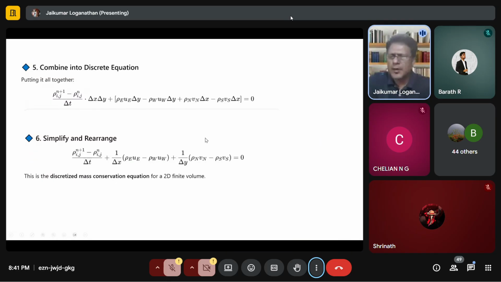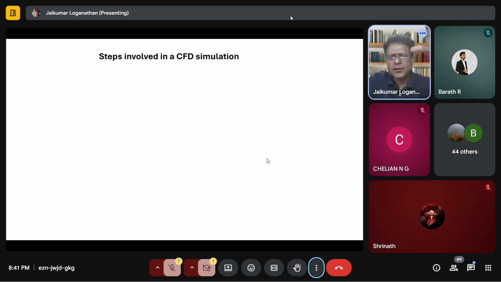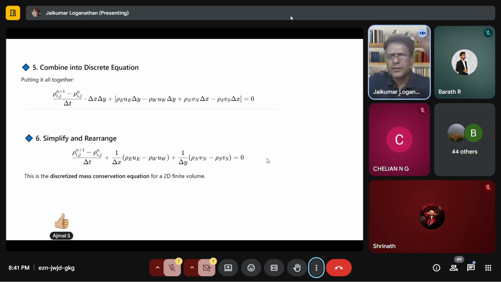And the momentum discretization will look very similar with some additional terms coming from the pressure and the shear stress. Okay, so this is a very quick and simple introduction. Don't worry if you don't understand all of this. Slowly, when you go deeper, everything will make sense. But the key takeaways are: we solve 5 equations, 1 mass conservation, 3 momentum equations, and 1 energy equation, and